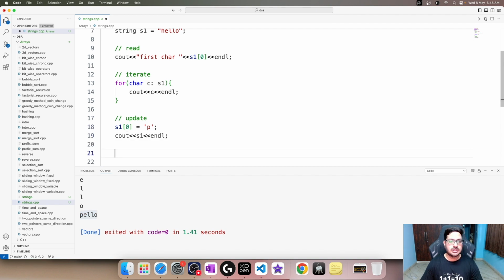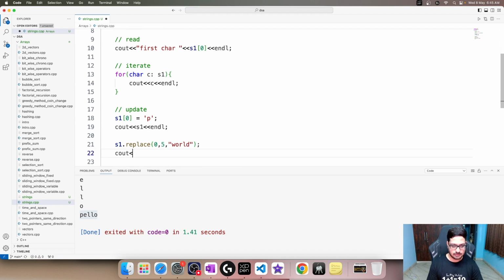If you want to change multiple characters, so if you want to replace a part of the string, let's say instead of hello, I want the text to be replaced with world. I can do it like this, s1 dot replace, and I am saying start from the 0th index and go all the way up to 5 characters. So the first input is where to start, then how many characters to replace, and then what to replace with. Replace it with world,